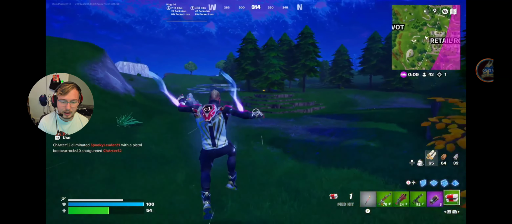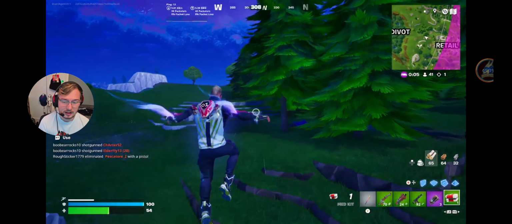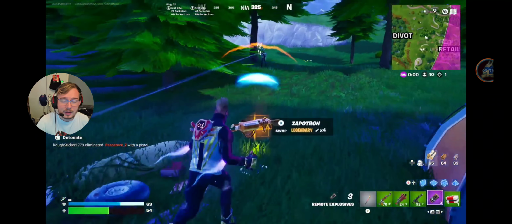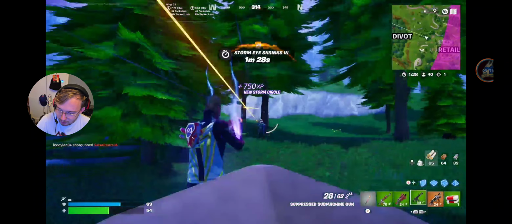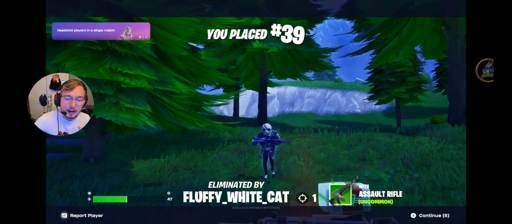Possibly, because we do know that we have a sort of purply colour on the, what's it called right now? Wow. I got killed right as I found a Zapotron. God damn it. We'll go back in and try and find another one, but in Battle Royale we currently have